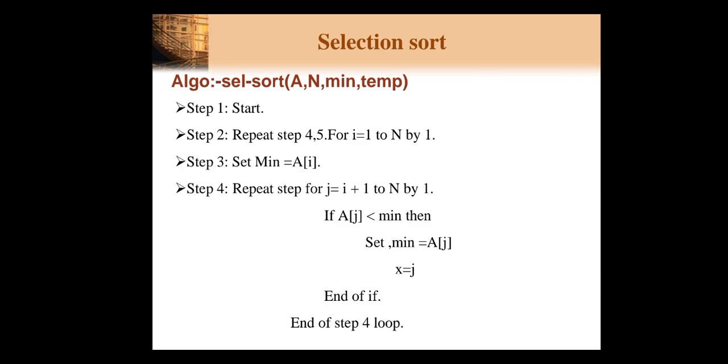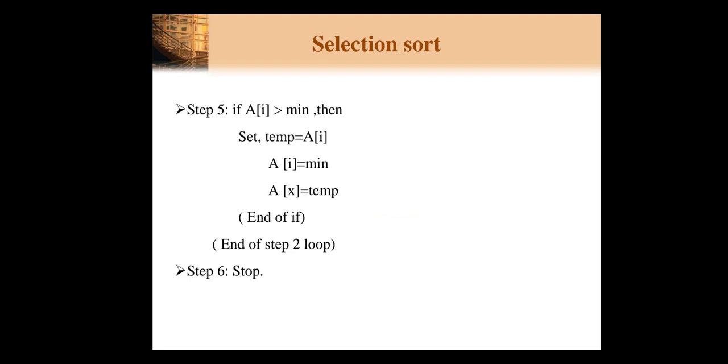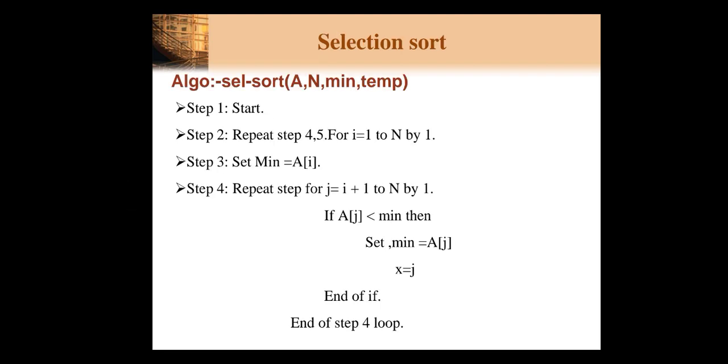What we supply to the selection sort is an array with n number of elements. Here we are taking two temporary variables, one is minimum and another is a temporary variable. Now here we are using two for loops. The outer for loop, the i for loop, is for the number of passes, whereas the inner for loop is for the comparison purpose, to check whether there is any smaller element available.